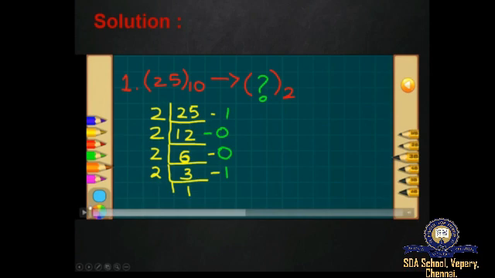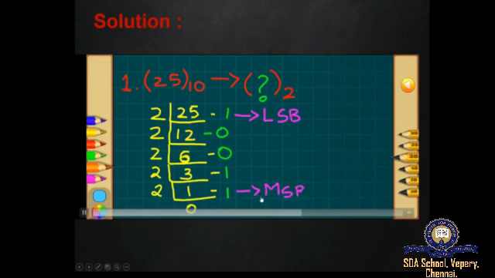Yes, we did not get 1. So 2 into 0, we did not get 1. So now our remainder will be the same as the dividend, 1. So now this is the last remainder we get after our dividend will be 0. Now this is the most significant bit, that is MSB. The first remainder is LSB and the last remainder is MSB.